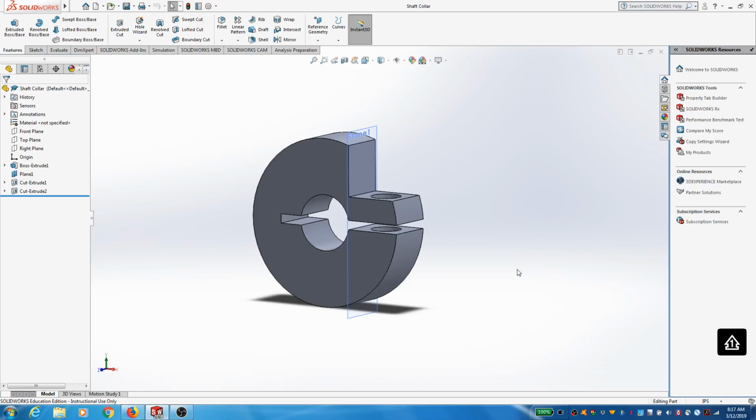This is a part that we practice making during lab, but I'm gonna go ahead and dimension it. This is of comparable trickiness to the homework set you're working on right now. So I'm gonna start by creating a drawing from the part,